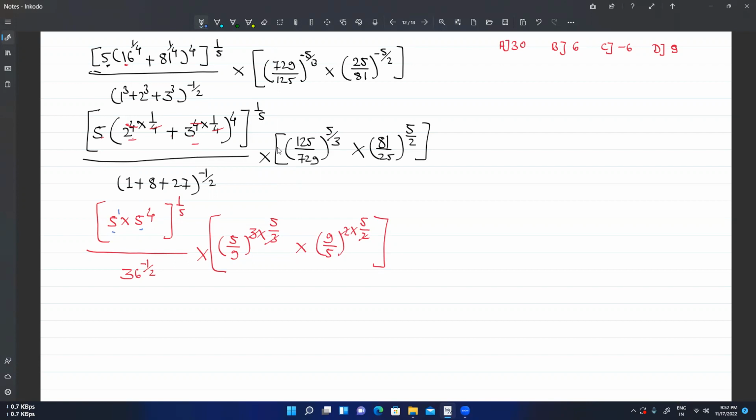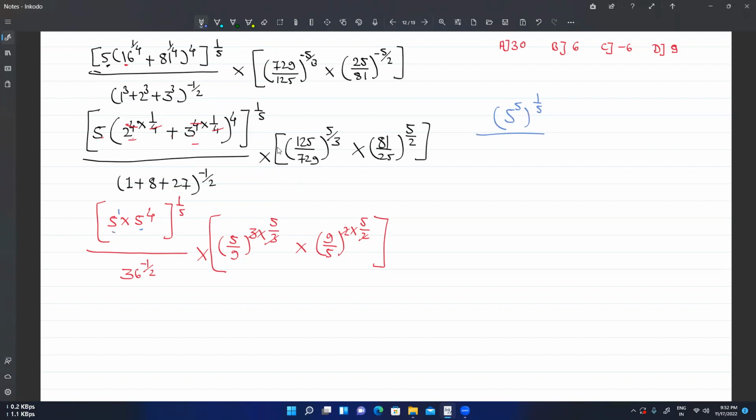So we have equal bases in the multiplication. At that time we write the base once and we add the indices. So we get 5 raised to 5, whole bracket raised to 1 upon 5, divided by, in the denominator,